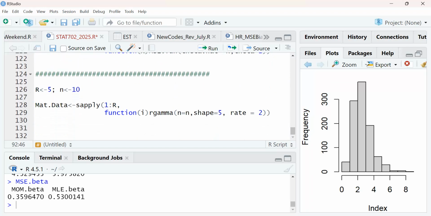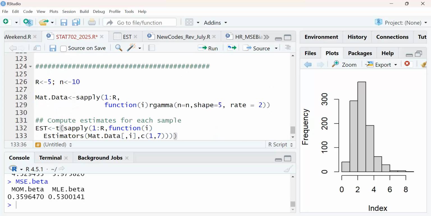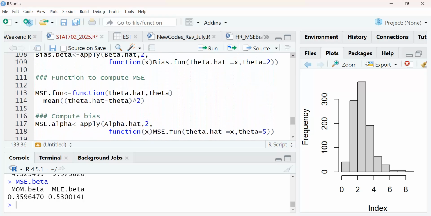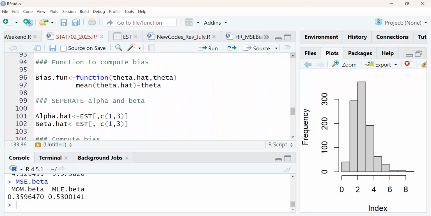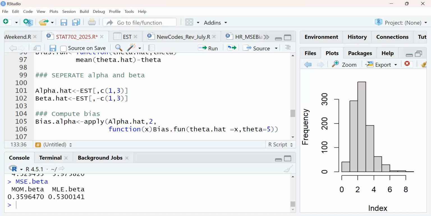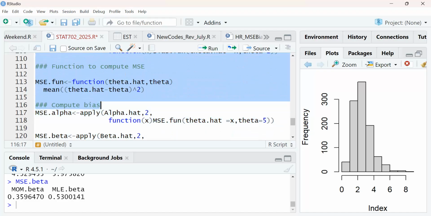So I'll send you this. You compute for each of them, and then what next? I think after that you separate them, right? You don't need the bias functions because you have already written them. So you separate them and then you compute bias, you compute MSE.